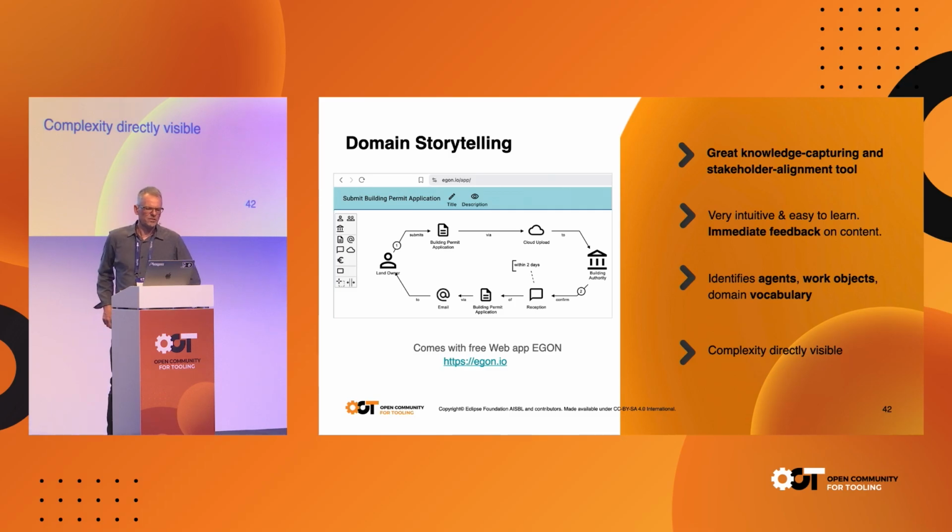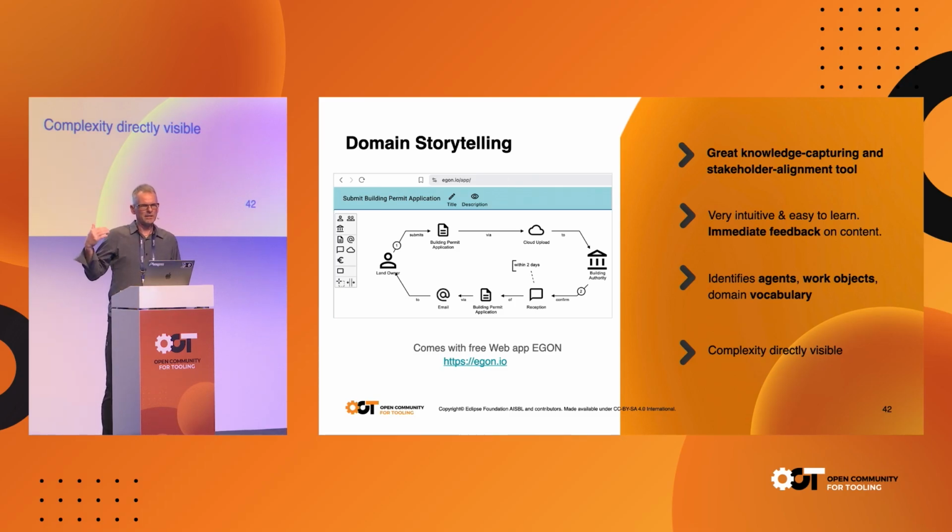What those diagrams do is they are semi-formal. They have some formality, so they do. Here, I'm not sure whether you can read it, yes you can. It says landowner submits building permit application via cloud upload to building authority. So we have a sentence that we can print, but we have already identified 2 actors and 2 different work objects, or it's more of a channel with the cloud upload. The second one is building authority confirms reception within 2 days, that's an informal kind of thing, of building permit application via email to landowner. And you'd be amazed how far you get with just this.